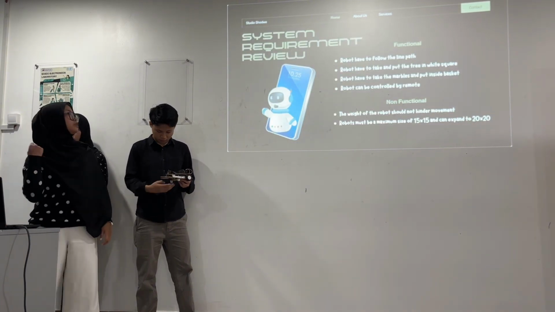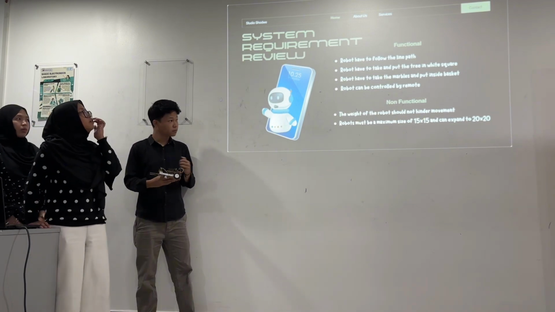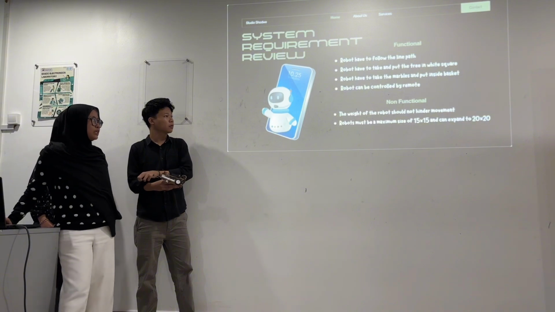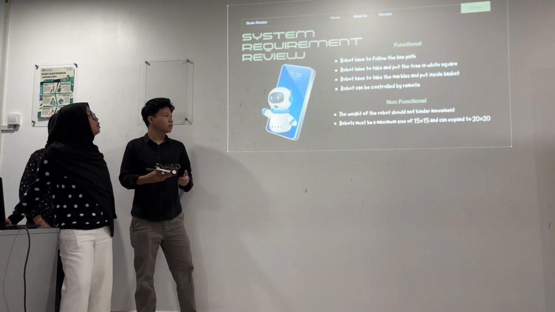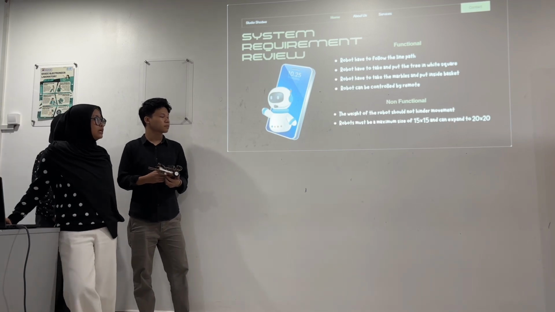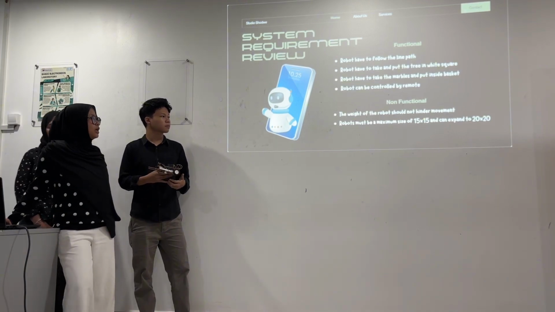For the system requirement review, functionally the robot has to follow the white path, not the black surface. The robot has to take and put obstacles like trees and marbles.